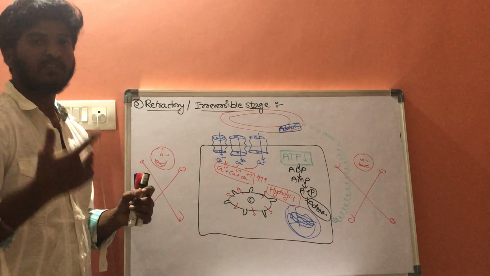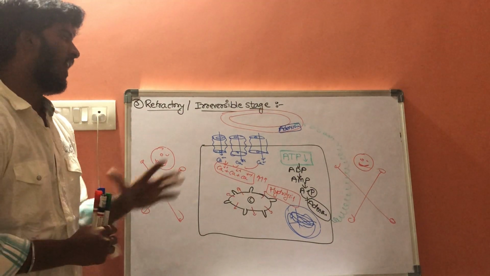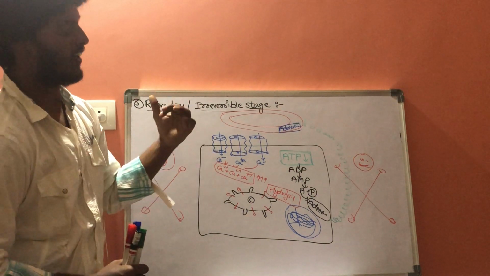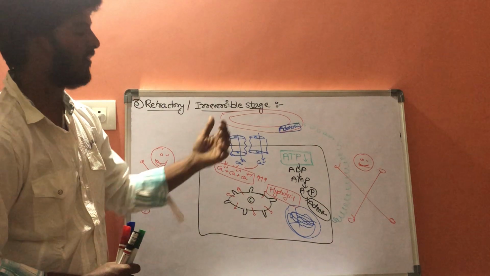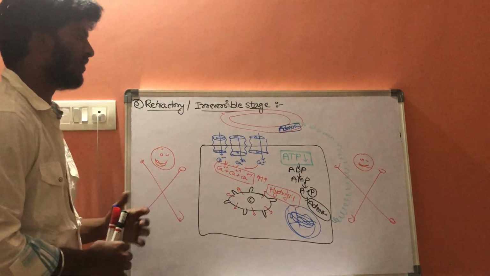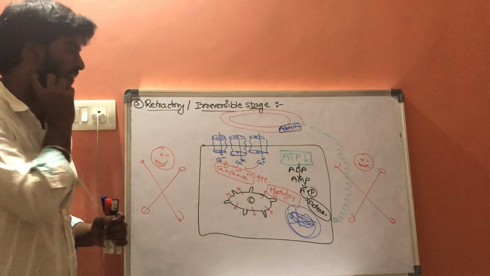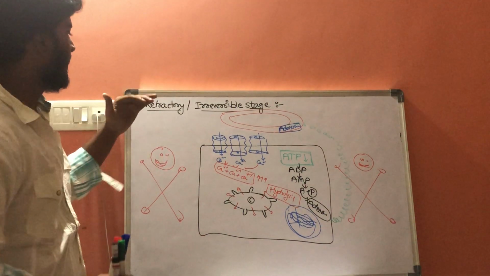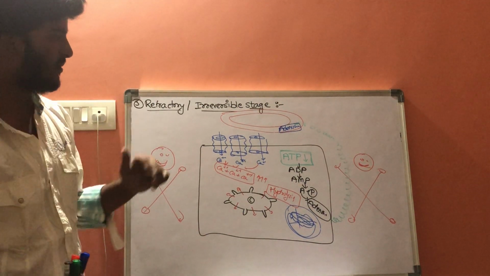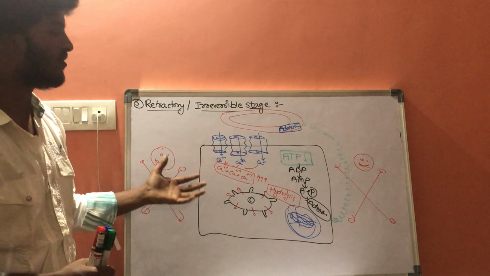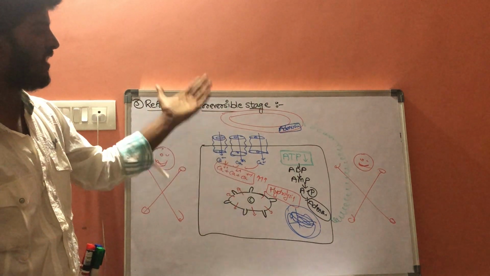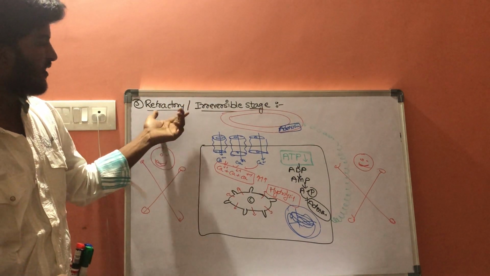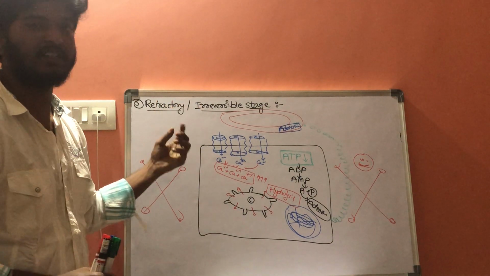We have discussed what shock is, the definition of shock, the mechanisms, and the different types of shock, that is hypovolemic shock, cardiogenic shock, distributive shock and obstructive shock, and what the causes of the four different types of shock are, and what stages are present in shock. That is, first one is the non-progressive compensatory stage, second one is the progressive stage, and third one is the irreversible stage. We have discussed the characteristic features of the irreversible stage, the compensatory mechanisms, and the steps which take place in the progressive stage.